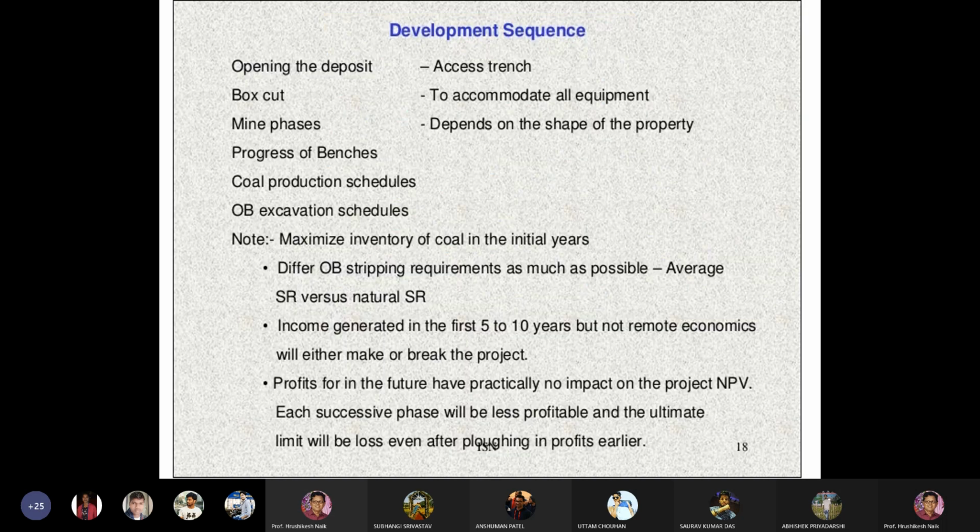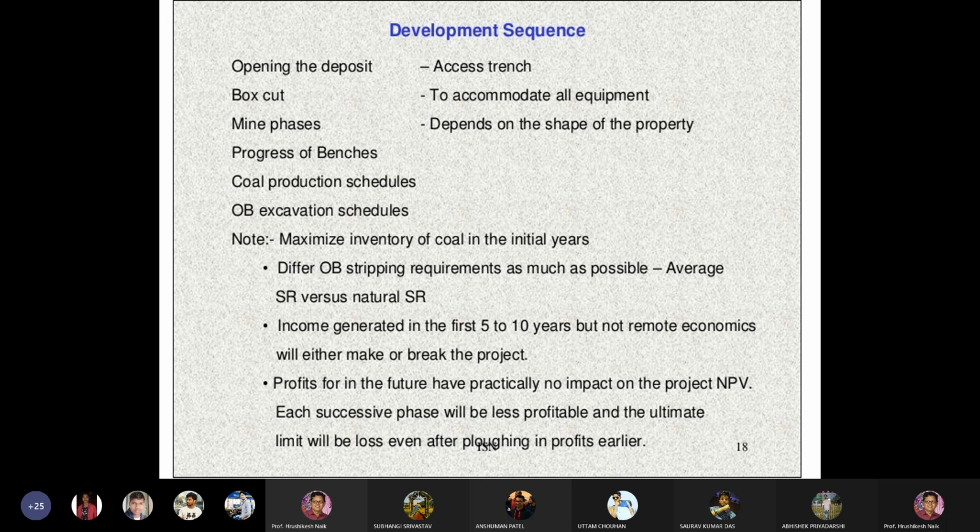So what is the development sequence you carry out in the open cast mine? Opening the deposit through the help of an access trench, you have to open the deposit with the help of a box cut to accommodate all the equipment to be worked inside your mine. Mine phases depend on the shape of the property, progress of the benches, coal production schedules, overburden excavation schedules,